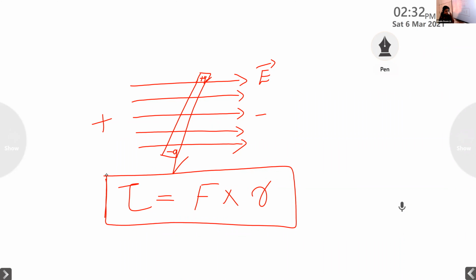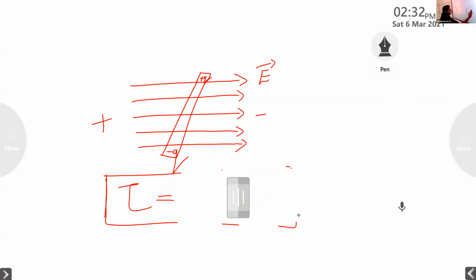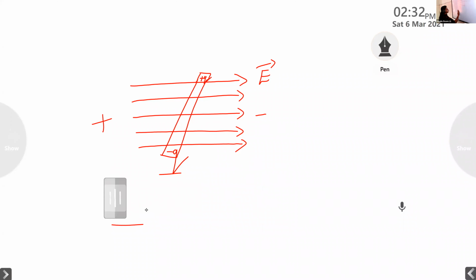So what is the equation for calculating tau? It is F into R, where F is the magnitude of any one of the forces and R is the perpendicular distance to the electric field. Clear? Now we want to solve the equation. We want to find the terms F and R in this case, to find the torque experienced by the electric dipole placed in a uniform electric field.